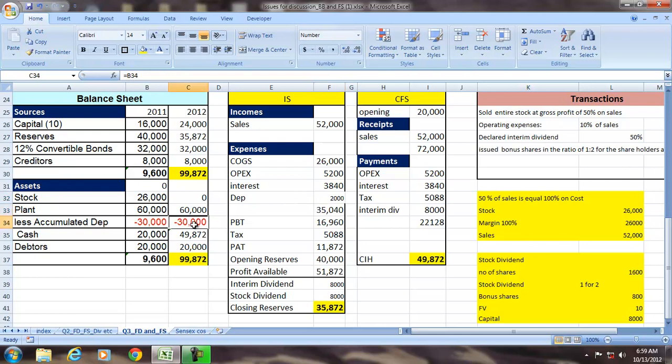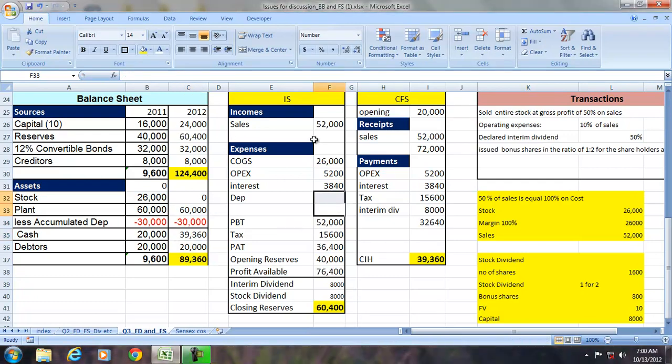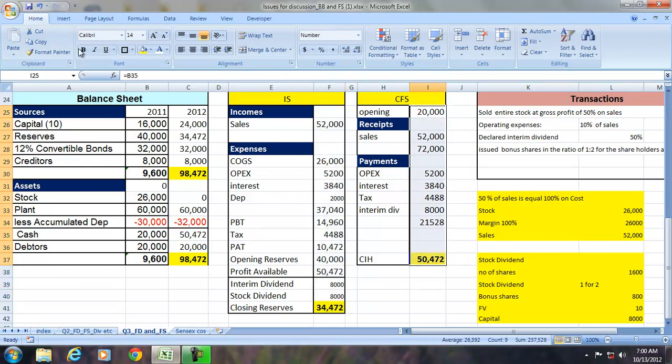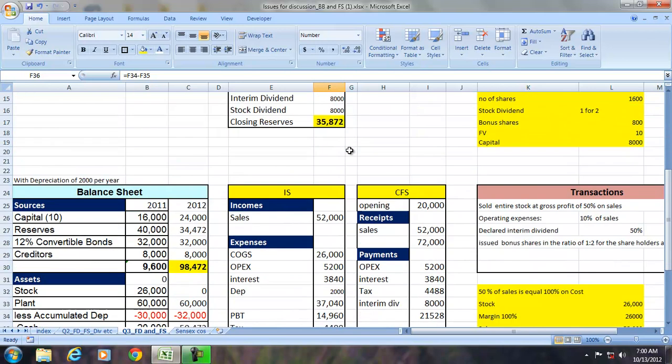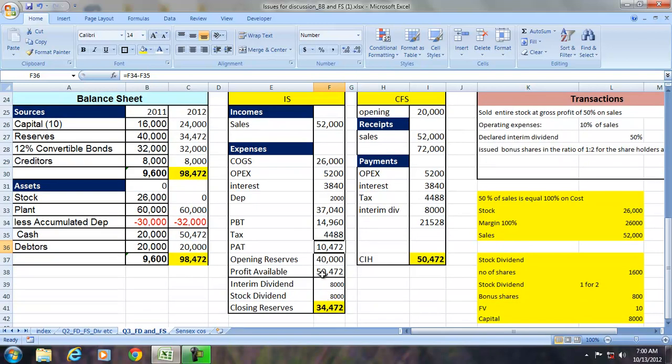When depreciation is 2,000, the accumulated depreciation will increase by 2,000 and the profit will decrease by 2,000. So the profit will be now 37 is the total expense. PBT will reduce by 2,000. Tax will accordingly change, and all other items will be affected because of depreciation. So once we have the depreciation, the PAT during the period, which was 11,872 here, is now 10,472, and then we use the profit available to distribute the interim dividend and the